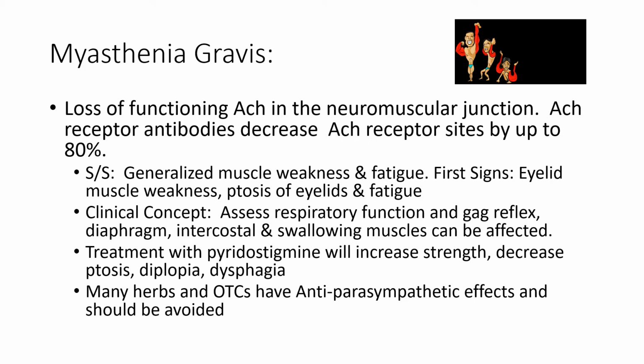That's one part of the treatment: immunosuppressants to treat the autoimmune disease to begin with. Okay, what about the neuromuscular junction? What can you do? Well, you could give a